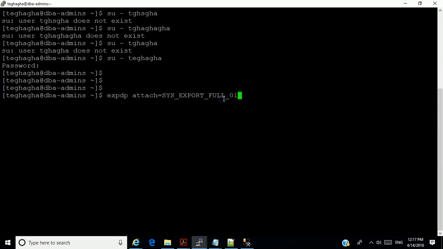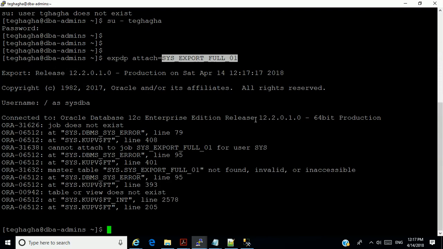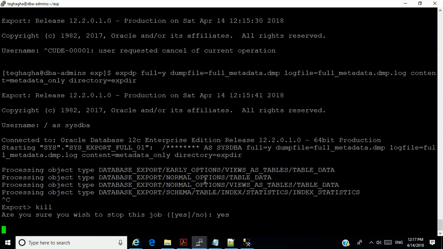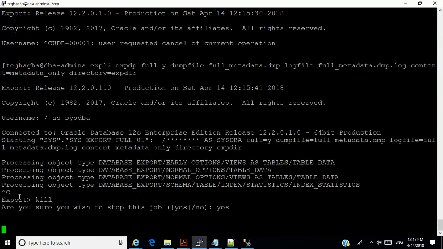I'm attaching to the name of the job, because the export doesn't normally generate a name for the export that is in course. I'm going to show you how to do that manually. So I will attach myself to the job that is running, but it has already finished. Because normally when I do this command, I get attached.